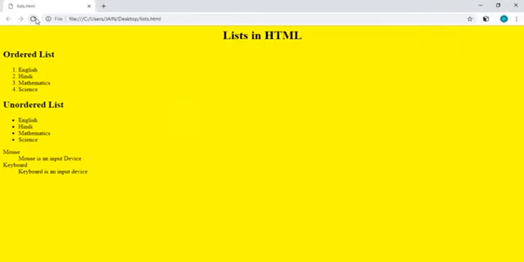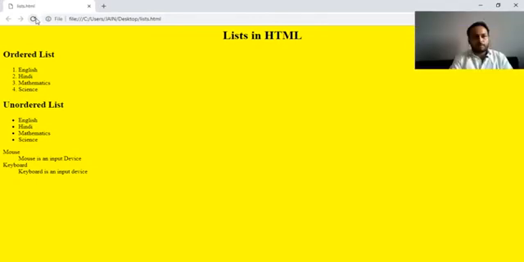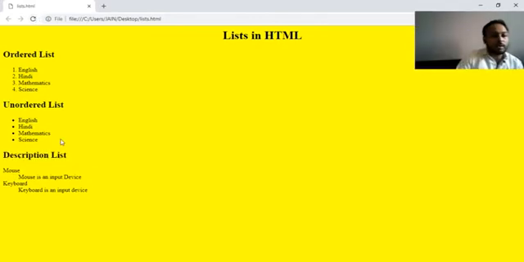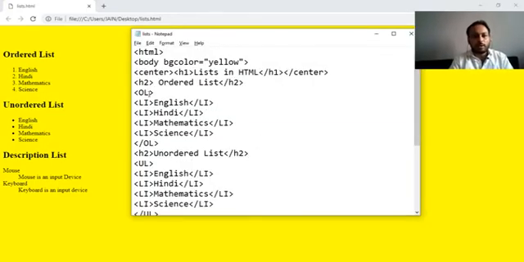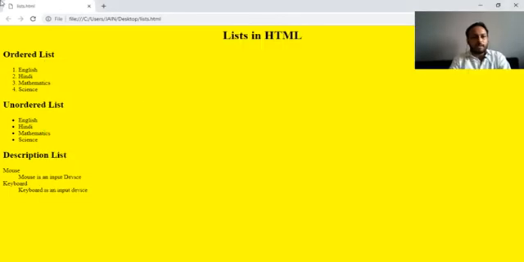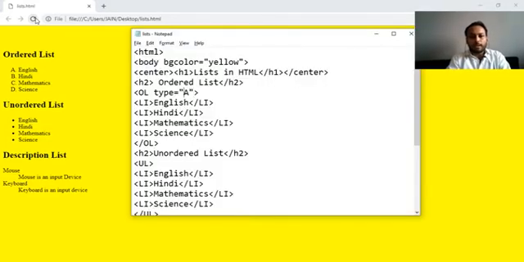Now we can modify some things with the help of attributes, like with the OL tag. We can write the type attribute here, then in double quotes I write capital A, then refresh, and it changes to capital A, B, C, D. We can write small i, then it will be small Roman numbers.